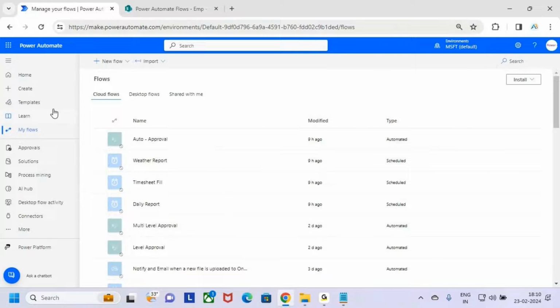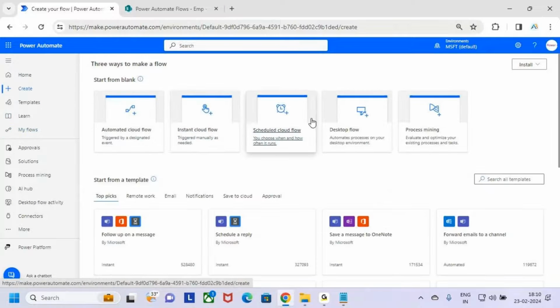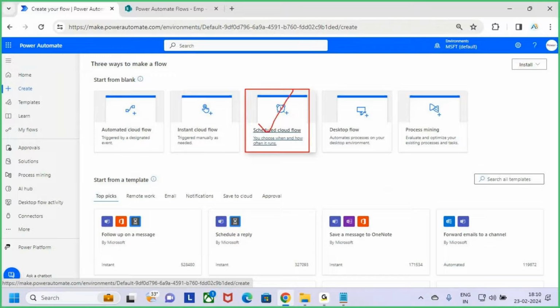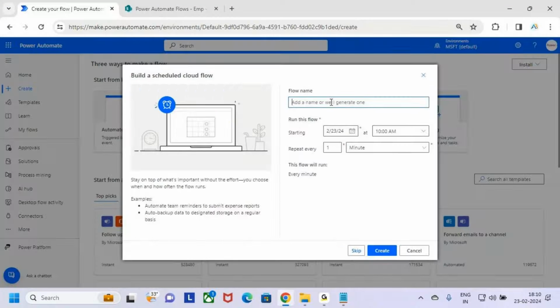Fine. Let me go and create one flow now. Go to the Create tab. Let me select the scheduled cloud flows. Let me pass the flow name as birthday wishes. Let me keep that flow name as Birthday